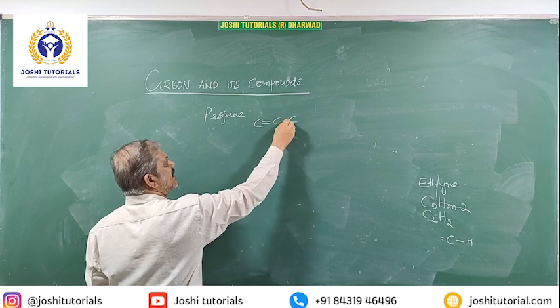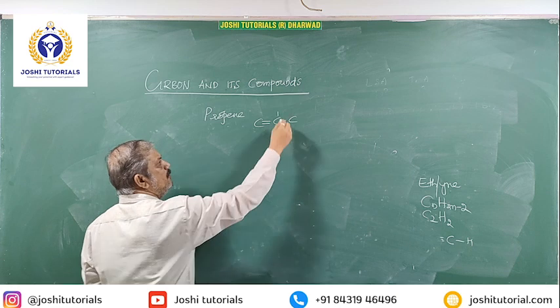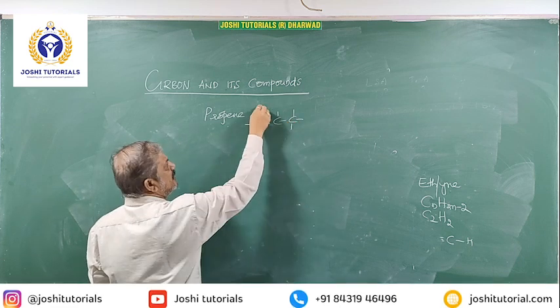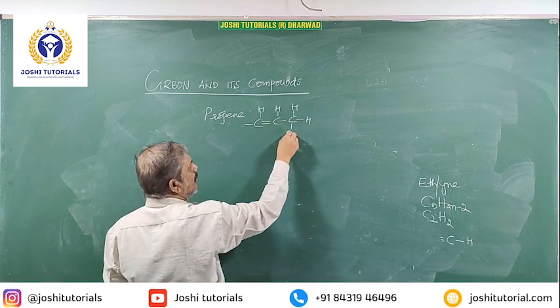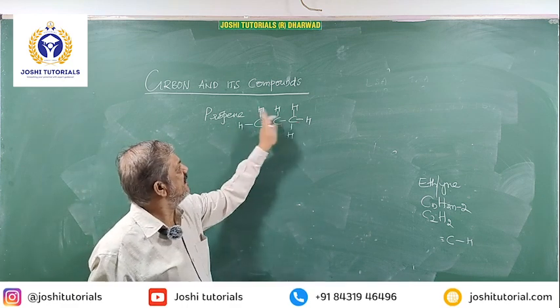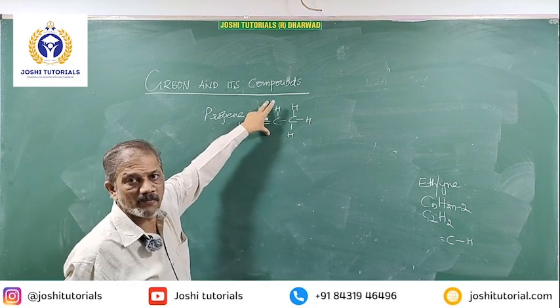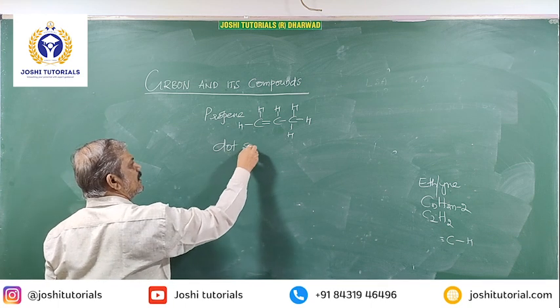Double bond, the rest single, 1, 2, 3, 4 for each carbon. It is hydrogen. So C3, H6. It is the structural formula. If you want the electron dot structure,